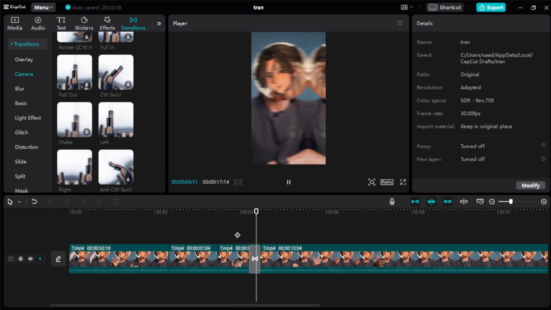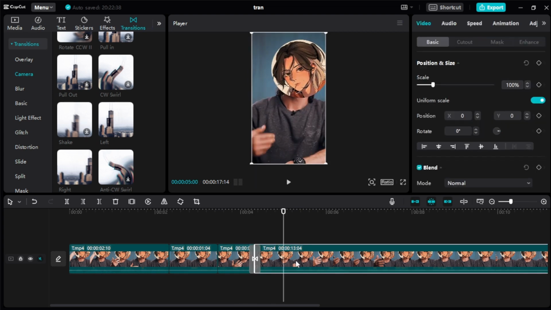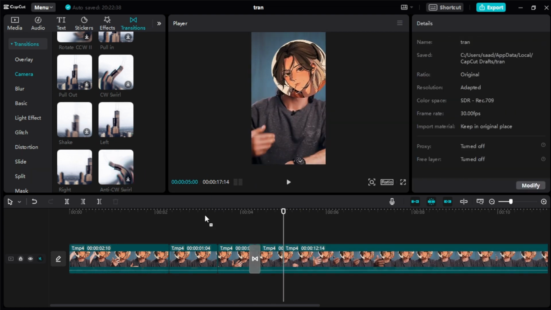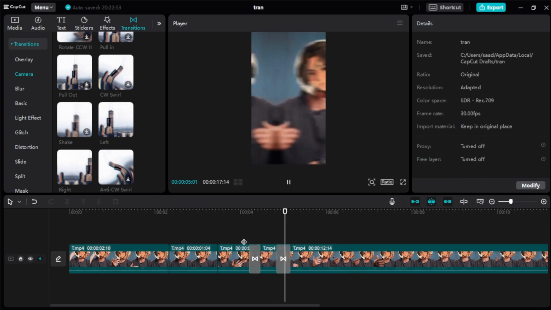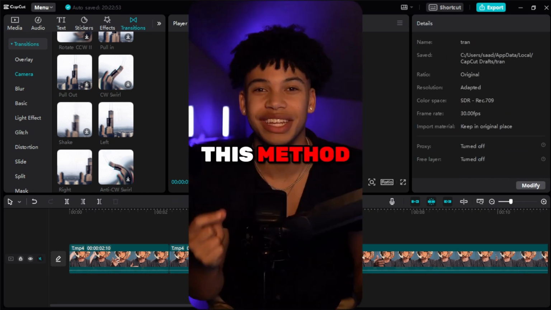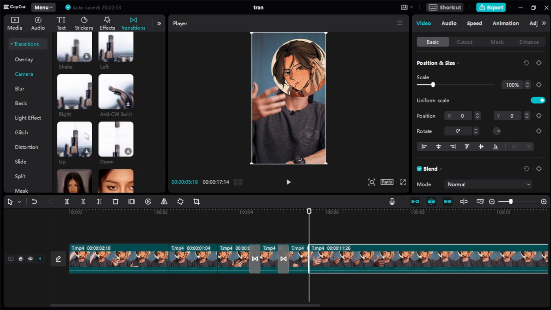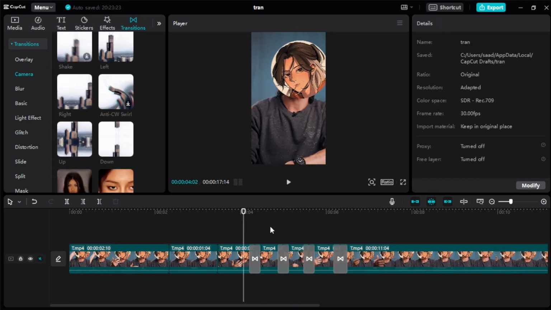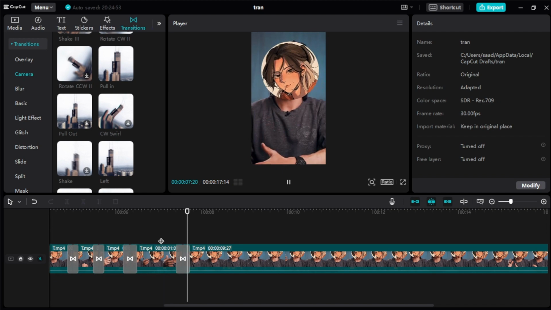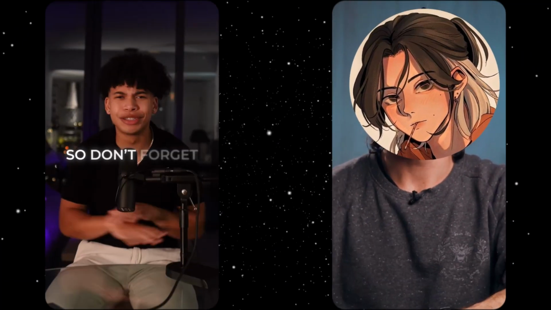This gives you a sleek right transition effect. To add more transitions, split the video layer and apply left transitions between the clips. DEVIN JATHO often uses various transitions in his videos, so feel free to explore more options available in your editing software for a personalized touch. Now you have same transitions like DEVIN JATHO,